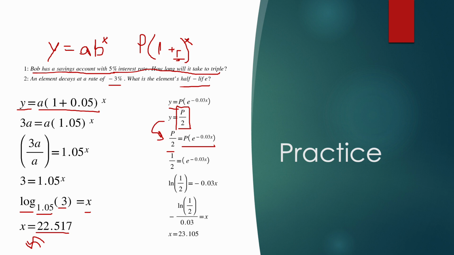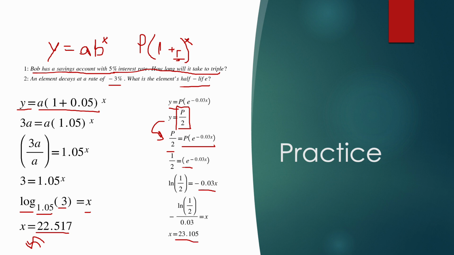We're going to divide both sides by p. P divided by 2 divided by p is going to be 1/2, right? And so we have 1/2 is equal to e to the negative 0.03x. And so now we can take the natural log of both sides, and we get the natural log of 1/2 is going to be equal to negative 0.03x. And now to isolate the x, we just got to divide both sides by negative 0.03. So we get the natural log of 1/2 divided by negative 0.03 is equal to x. And again, that's going to be about